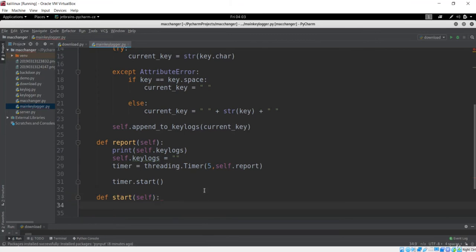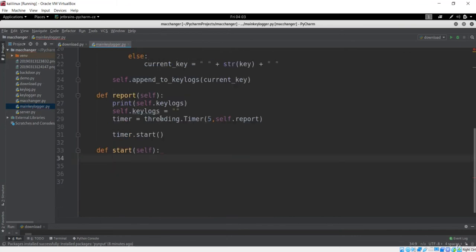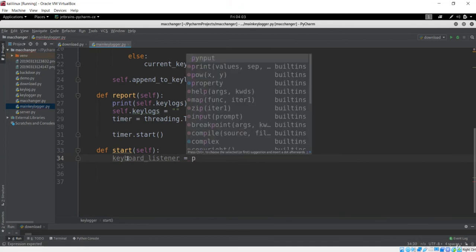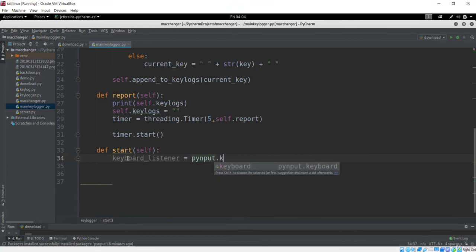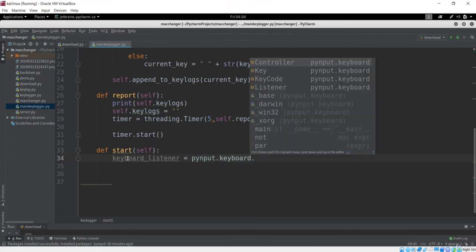So we have seen what key is pressed, but we haven't set the listener. So first of all, if you just remember from the previous lecture of threading, the first method that is going to be executed is this start method. So in this start method I want to have the listener. So I'll just say keyboard and listener, this is basically the listener for our pynput module. So we have used this pynput, and the listener will be keyboard, and I want to make use of